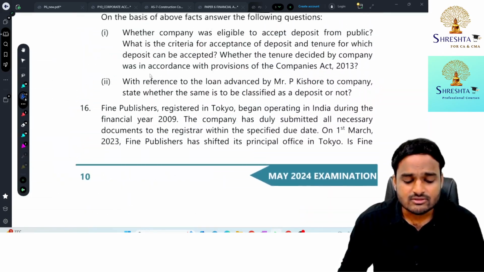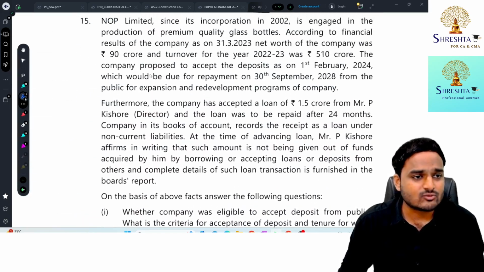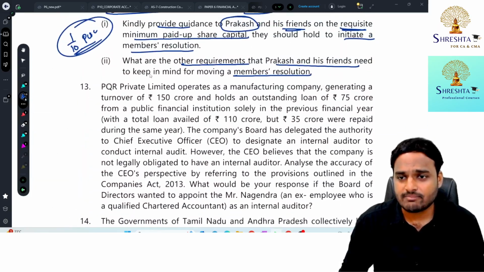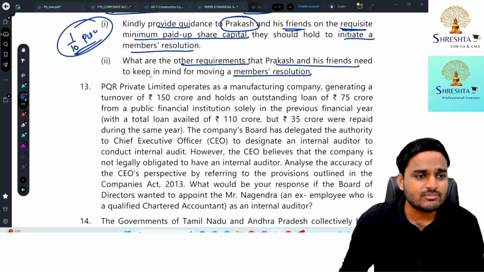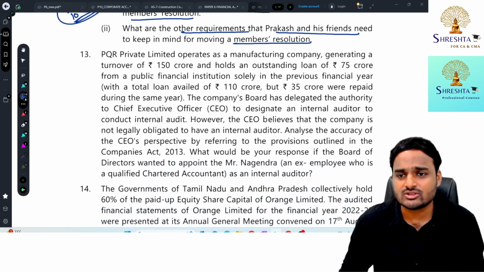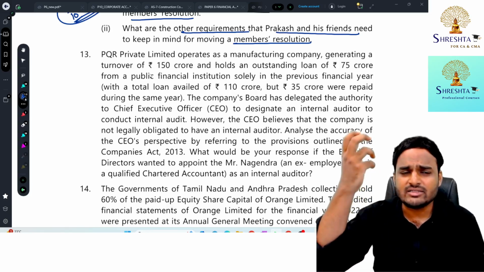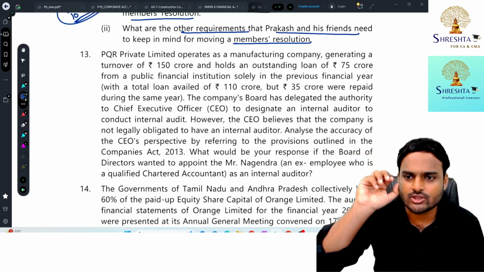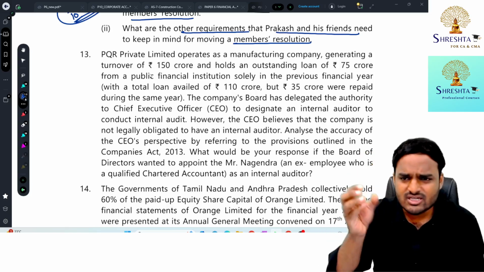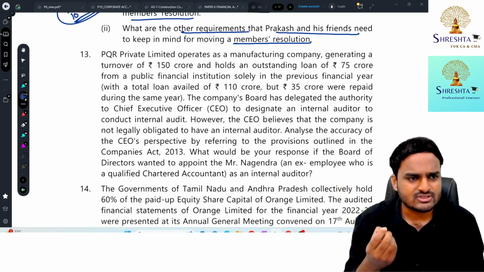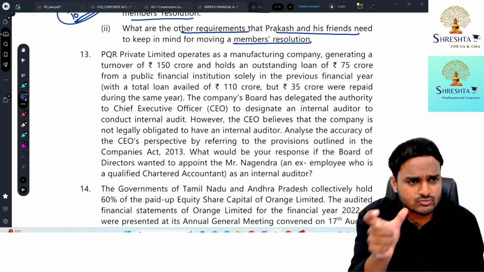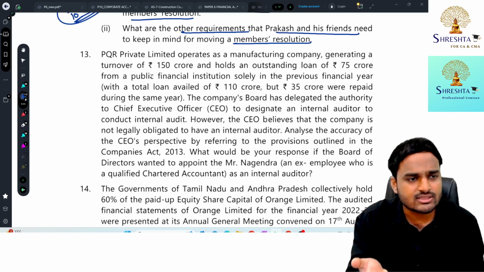See, just observe the pattern, how they are asking you, how they are testing the concepts. So simply mugging up the concepts alone is not sufficient. You should have conceptual clarity. No need to remember the entire provision. I'm telling you, no need to mug up the entire provision. Just understand it. Just analyze it. That's it. If you remember 1 or 2 points in that provision, you can answer this question.